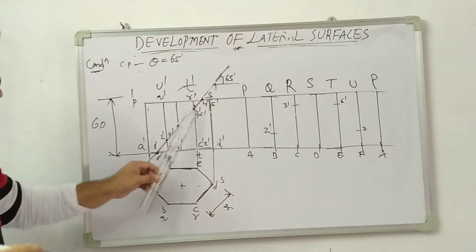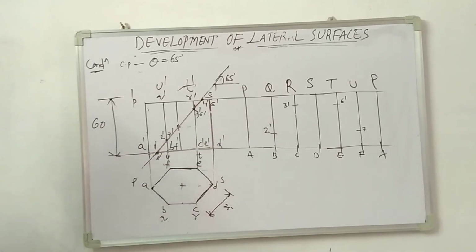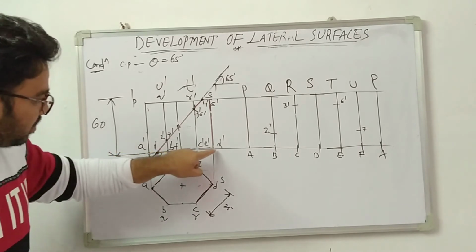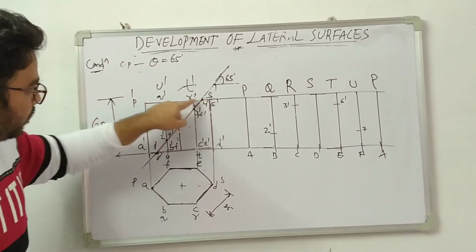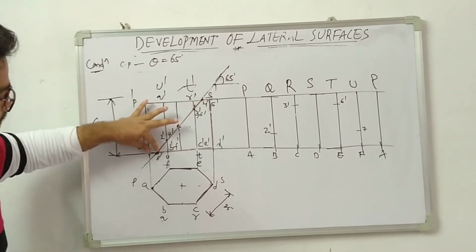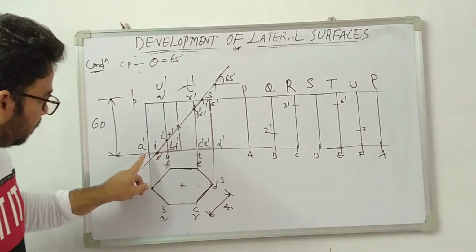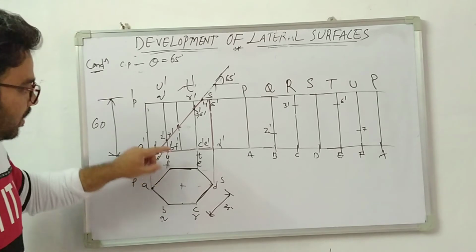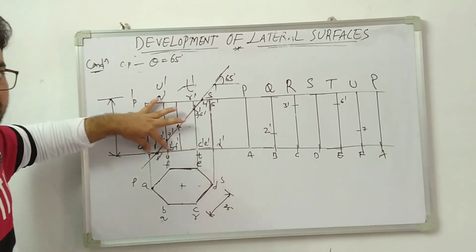Now we completed the longer edges. Now we have not completed the base edges. This is a base edge. So this is the base shape. This is the top shape. So this shape we don't replace here. So this is A dash B dash base. But this A dash B dash is not the true shape.